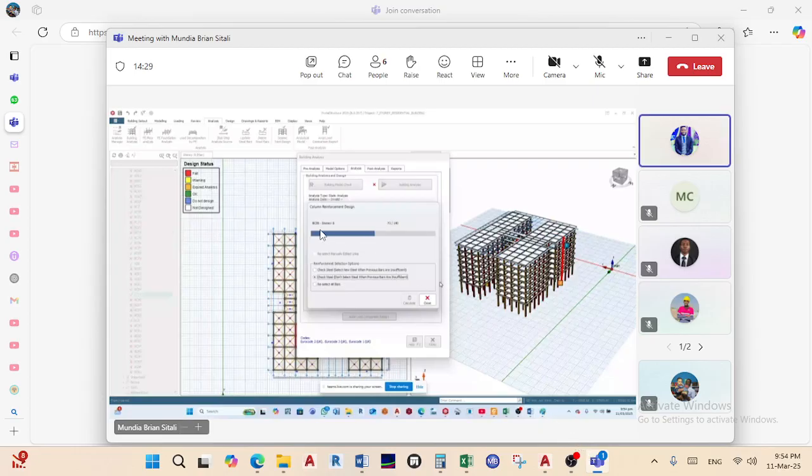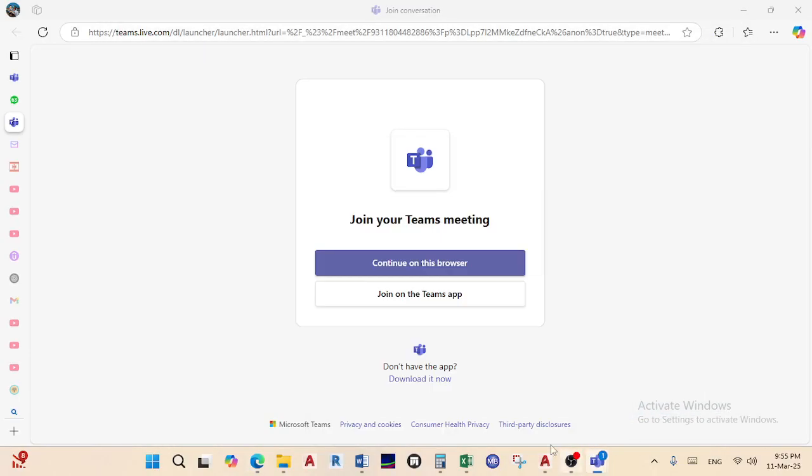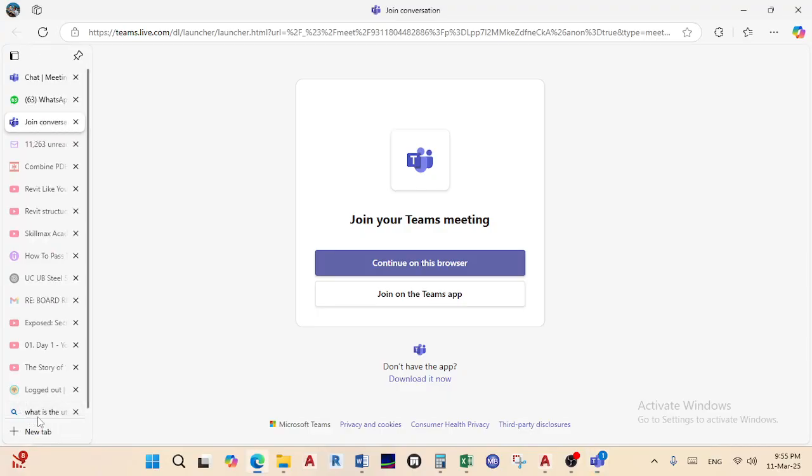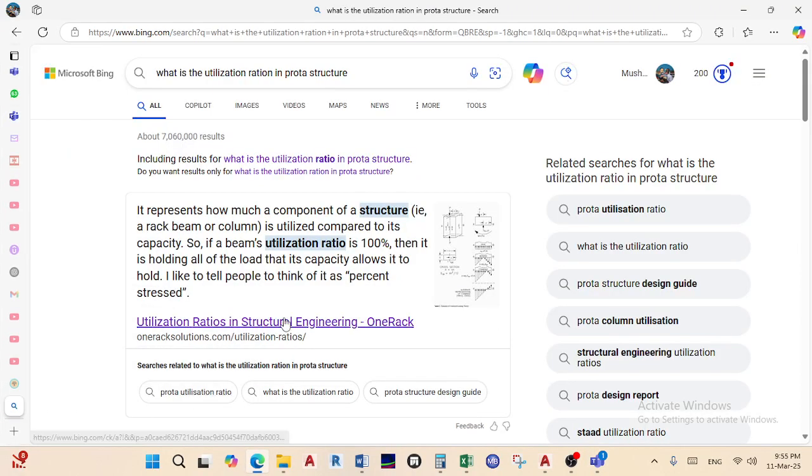So it always has to be less than 1. So if you have like 0.5, 0.6, 0.7, that's around the correct place where we should play around. Otherwise, when it just says 0